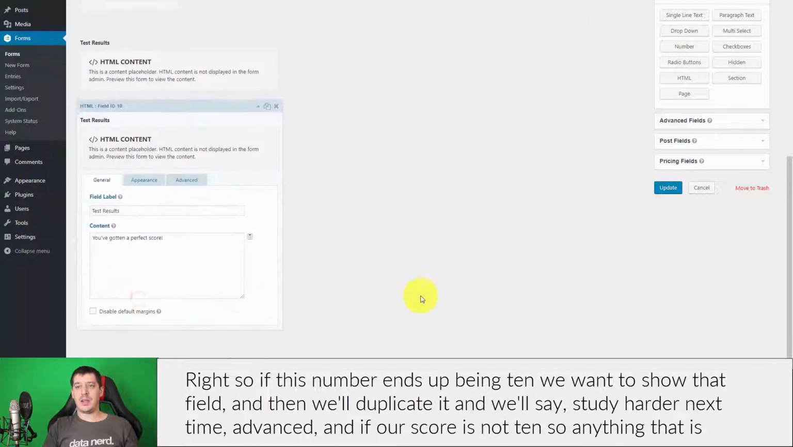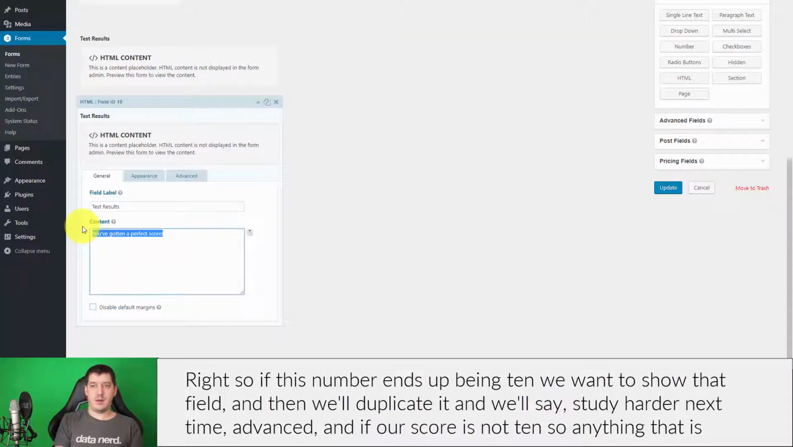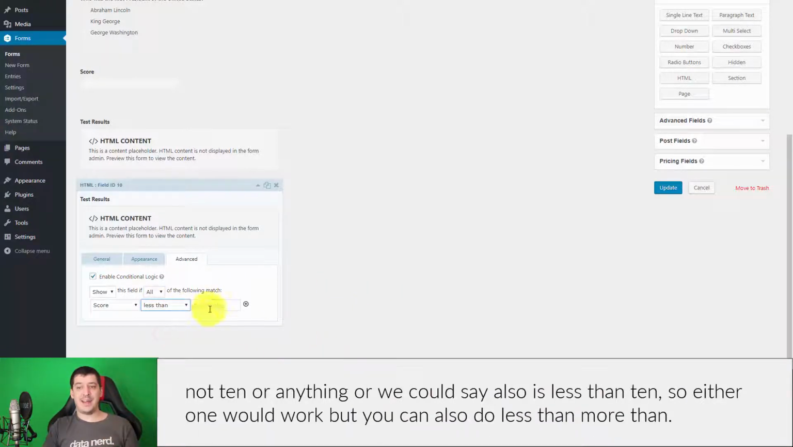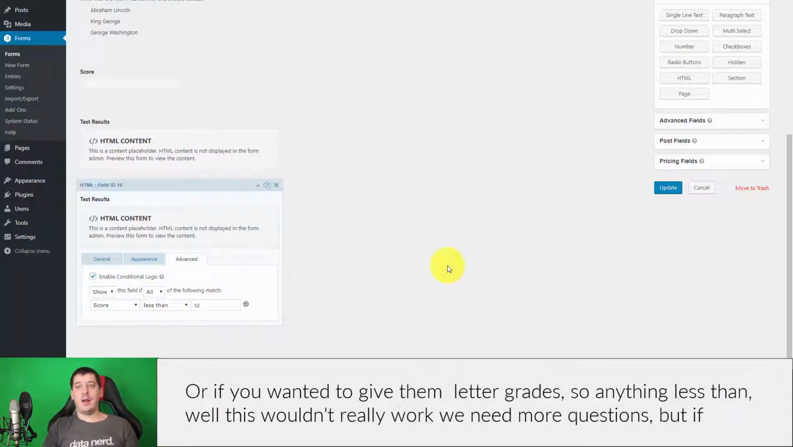And then we'll duplicate it and we'll say, study harder next time. Advanced. And if our score is not 10. So if anything that is not 10, or we could say also is less than 10. Let's say that, less than 10. All right, so either one would work, but you can also do less than, more than,